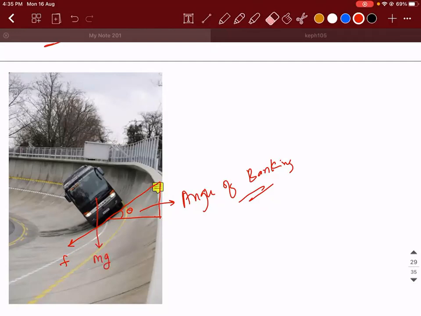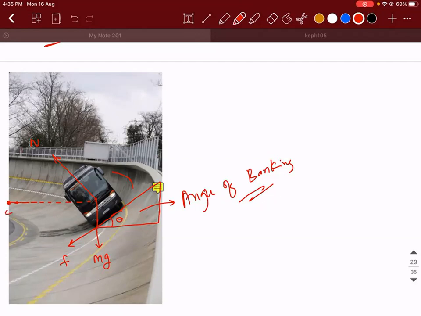Okay. I want to make the diagram more clear. Don't draw it. Once I complete, I'll give you time to copy it. Theta, this mg. Then there is going to be a normal force acting in this direction. Correct? Now, this road is having a curvature, right? The center of this road will be somewhere over here. Actually, it will be even more on the other side, but I cannot draw it here. But I hope you understand that the center will be somewhere on the left-hand side.